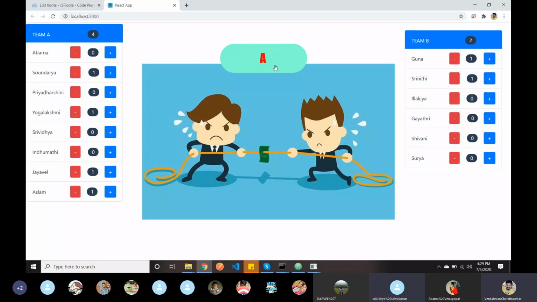Sir, asynchronously we cannot set the values to the variable. We have to set the values one by one, sir. Okay. That's completely wrong.